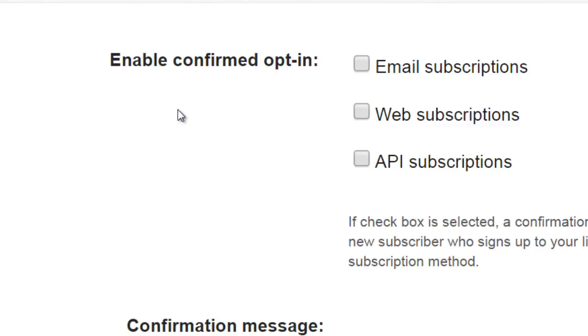So if you think about 1,000 people come to a landing page, if you have single opt-in and let's say you have 50% conversions, that's 500 people opting in. Now, if you do confirmed opt-in, out of those 500, maybe only 300 people actually confirm that that's their real email address. Now, those 300 people versus the 500 people, the 300 people are more likely to be engaged because they already took